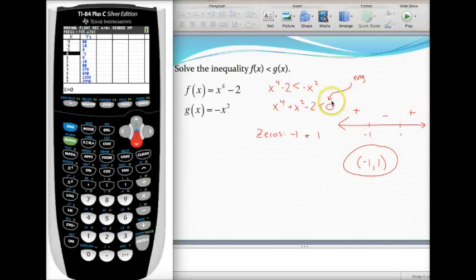So what I'm looking for is when this graph is below 0, when it's negative, in other words. The one interval where the graph was negative was between -1 and +1. Because I don't want to be equal to 0, just less than 0, I've included parentheses to say that 1 and -1 are not solutions, just numbers that are really, really close to -1 or